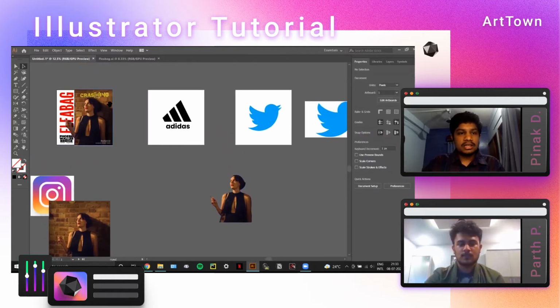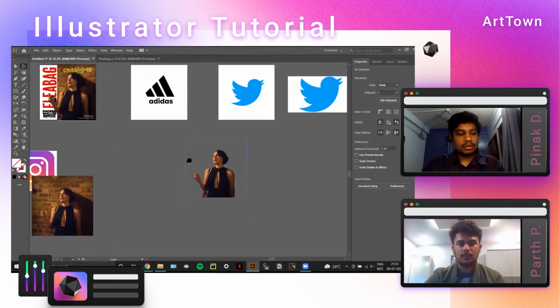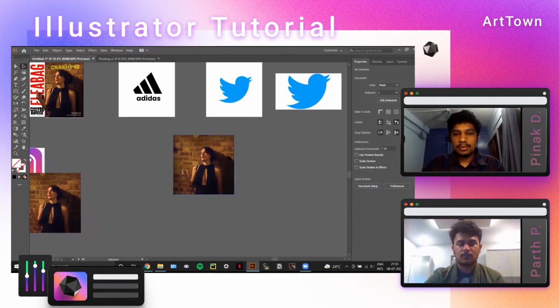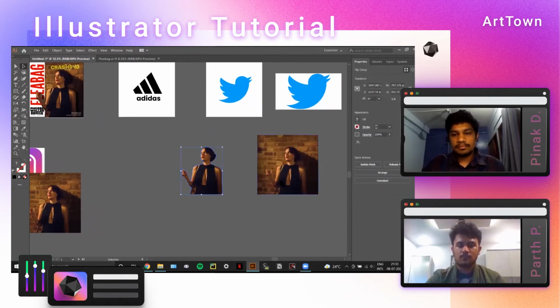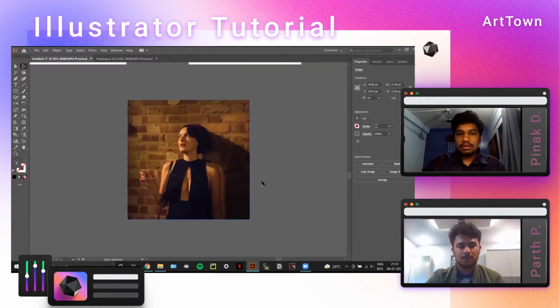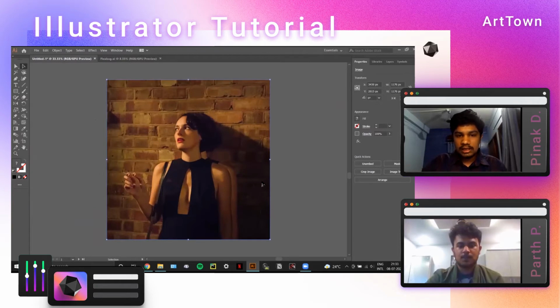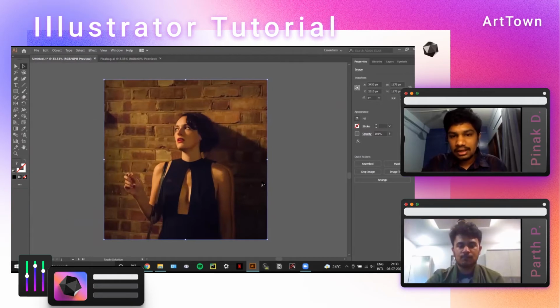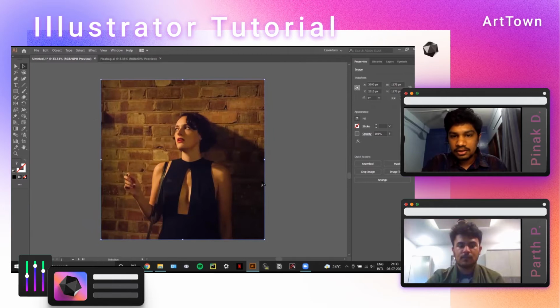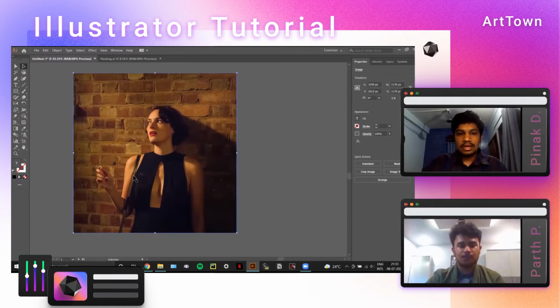But as you can see, I still have the image. So I can just do Control Z, duplicate this and make the mask again. And I'll just bring it back. This can't just align, so we have to manually align it because it's a bit offset. So now I align it.